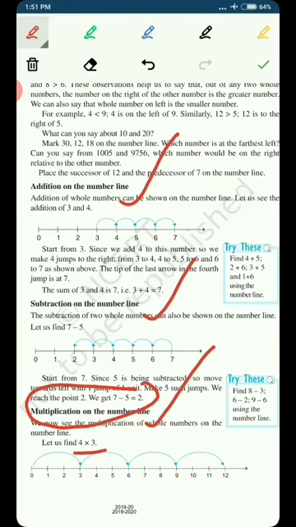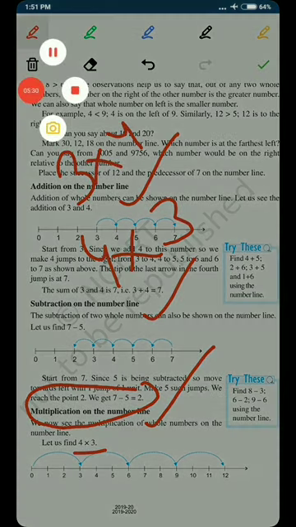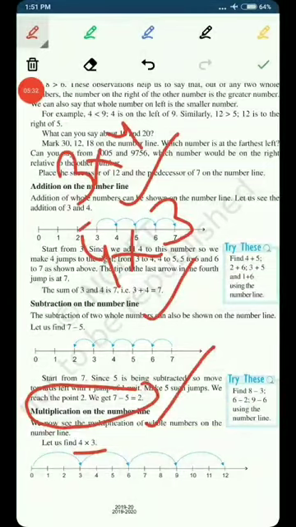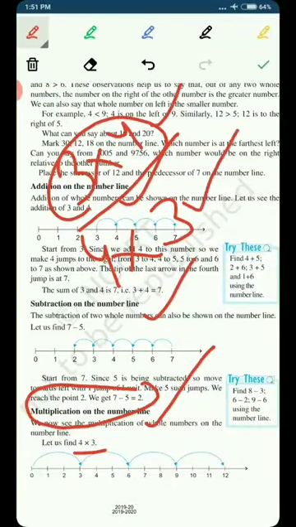One important thing we need to understand about multiplication is that multiplying 4 into 3 or multiplying 3 into 4, both are the same. There is no difference. We can say that 3 is 4 times, or we can say that 4 is 3 times. There is no difference. This is very important to do the multiplication on the number line. So if we are multiplying 4 with 3, then we see it as 3 times 4 or 4 times 3.